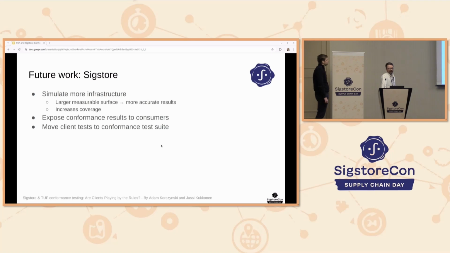And finally, for both test suites, it would be cool to get more testing happening in the conformance test suite, because it then happens in all of the clients and not just one. I don't know how to get that to happen, because it's usually a little more work to do it in the conformance test suite, and you get the results slightly later than you would in your own test suite. But I would love to see it happen. If someone has ideas, I would love to